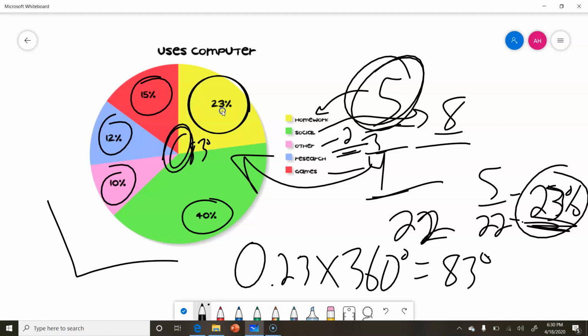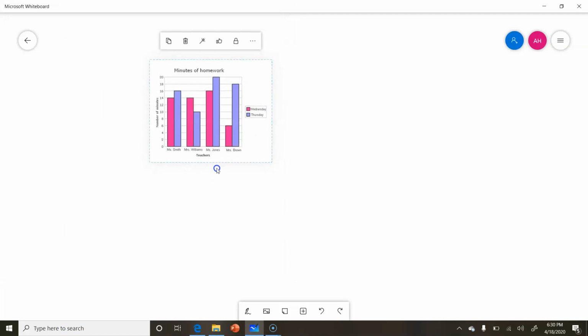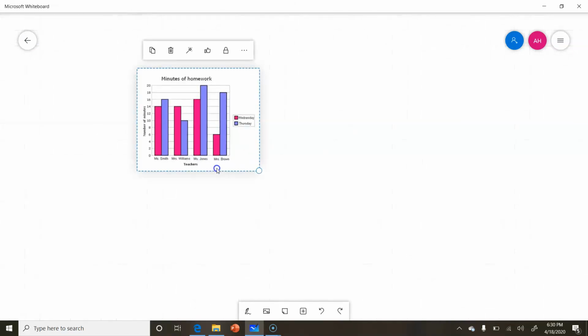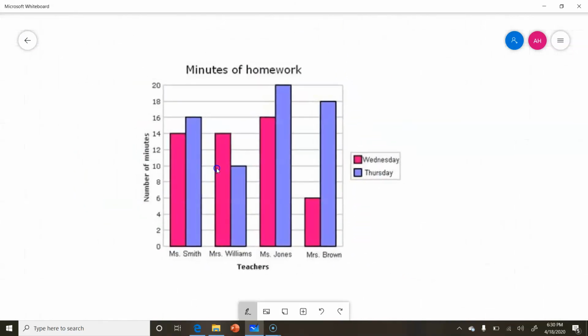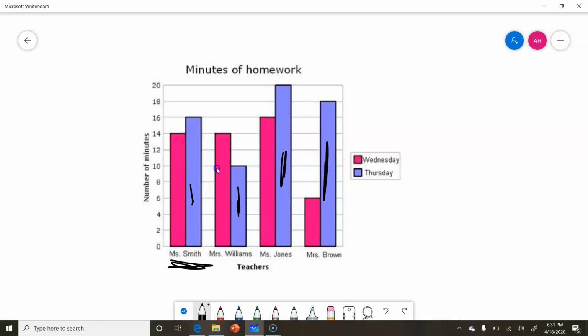Now let's talk about a bar graph and a histogram. So we got all kinds of bar graphs going on. We have the double bar graph. Okay, this one's pretty easy to interpret, right? The colors tell you what's what. So we have here Thursday is represented by all the blue ones. So if I want to know how much does Miss Smith give on homework on